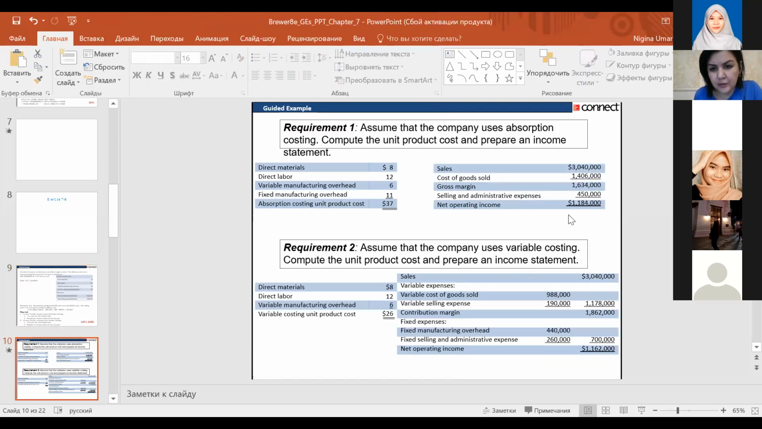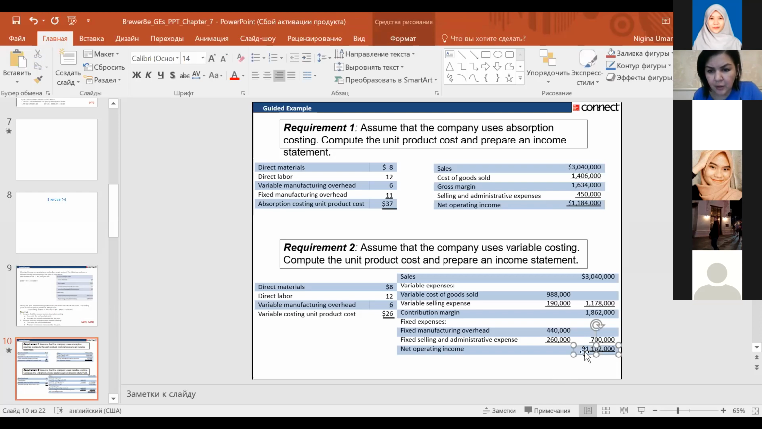Okay, so let's look at it. Absorption costing profit is higher and variable costing profit is lower. So 1,184,000 minus 22,000, and we arrive at this amount,